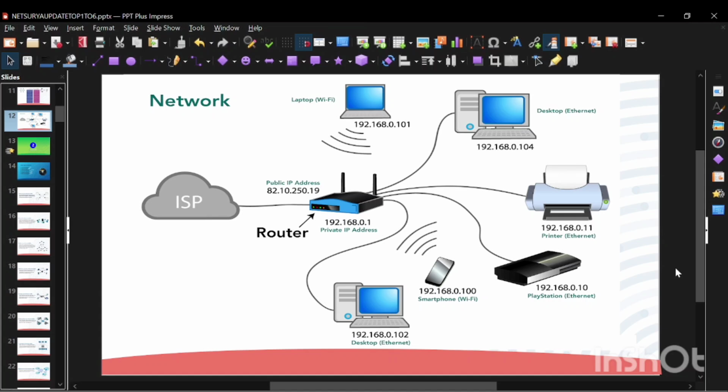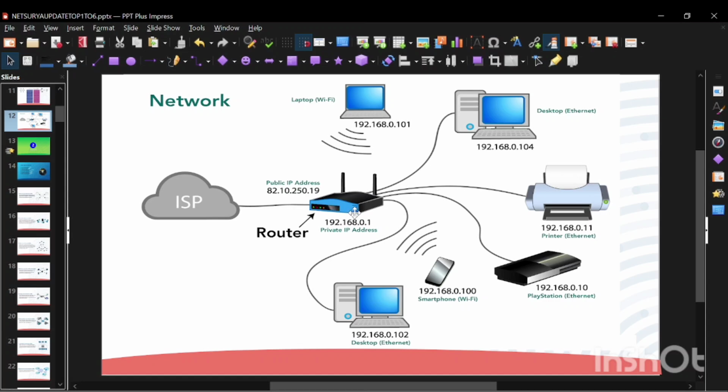Okay, so in this network diagram, we are looking at a basic home or office LAN setup. The cloud on the left represents the ISP, that is Internet Service Provider, which gives access to the internet, and the ISP has assigned a public IP address, that is 82.10.250.19. This public IP address is used by the outside world to communicate with your home network.